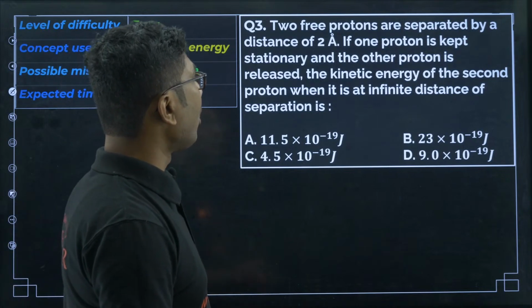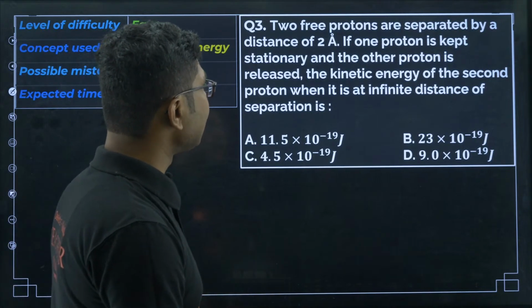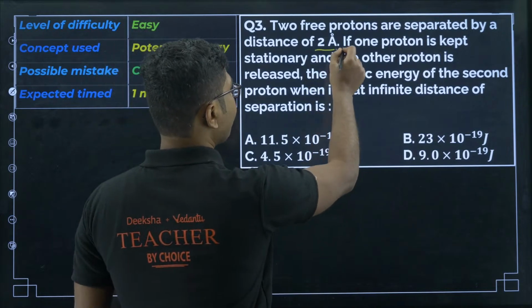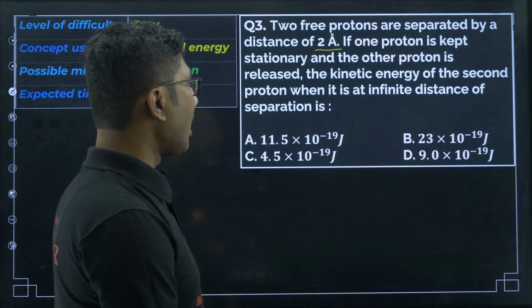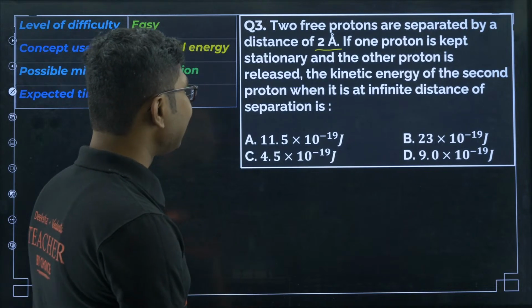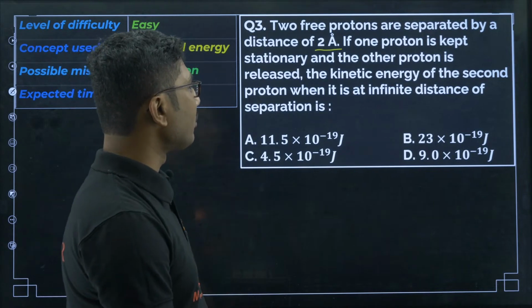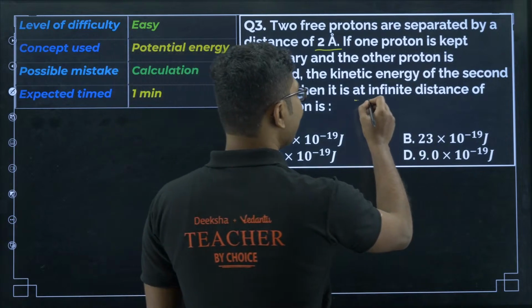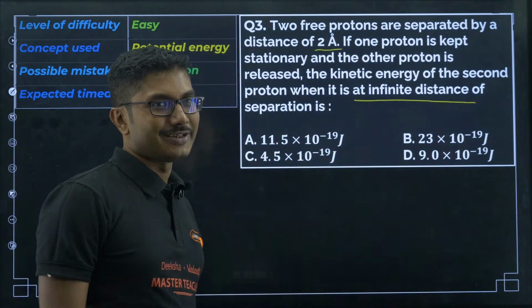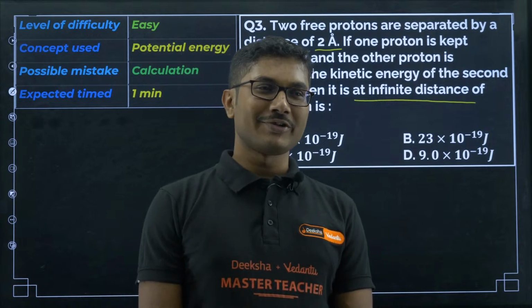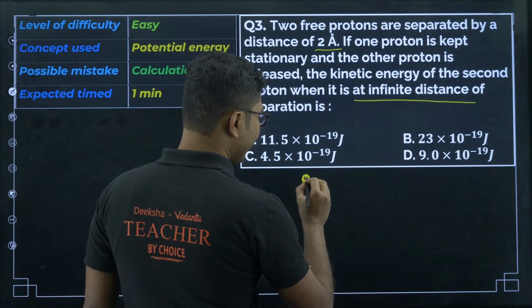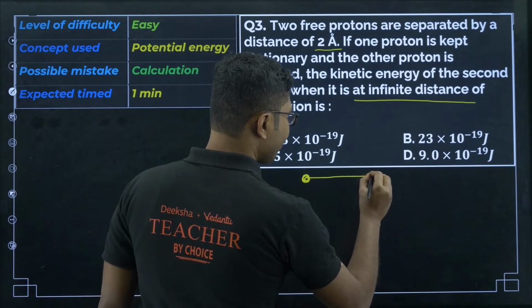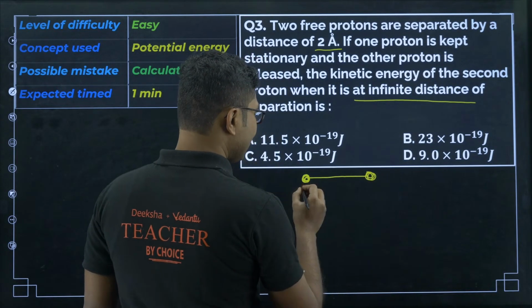Two free protons are separated by a distance of 2 angstroms. If one proton is kept stationary and the other proton is released, the kinetic energy of the second proton when it is at infinite distance from the separation is? Very interesting question, but very simple if you know what you want to do. So we have two protons. Two protons means plus e obviously,